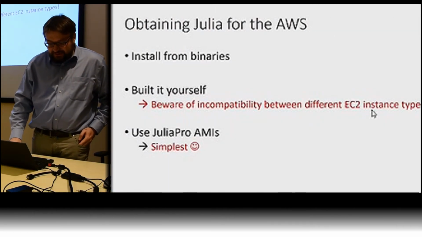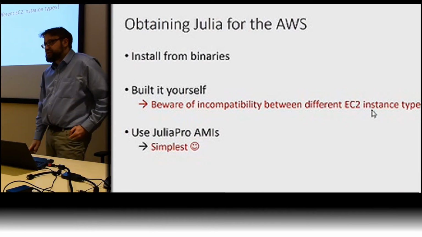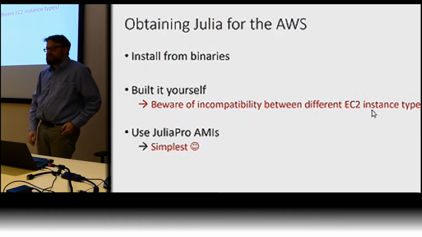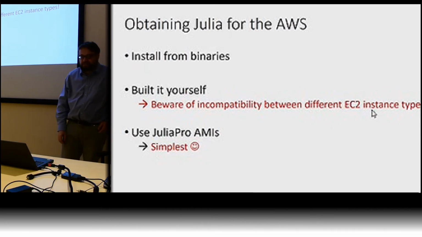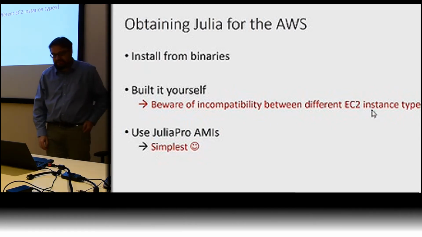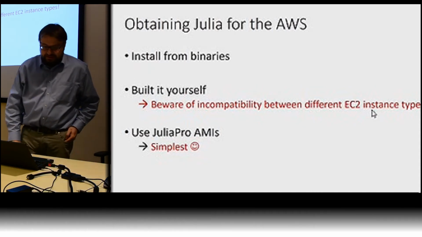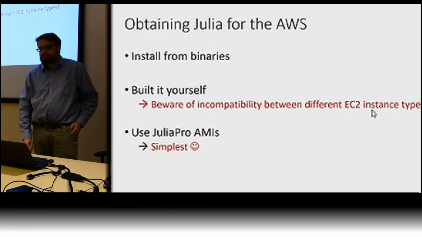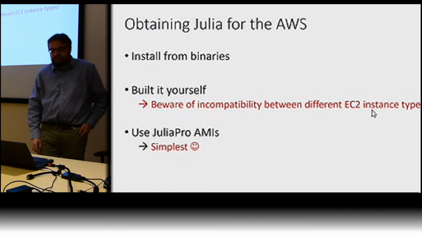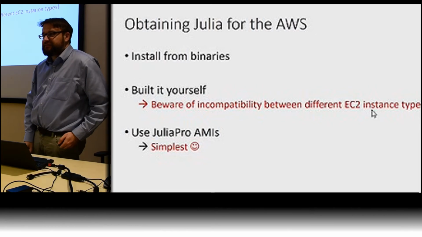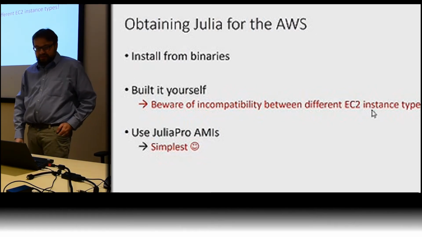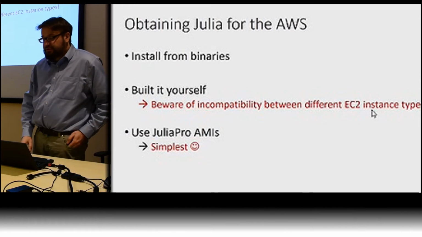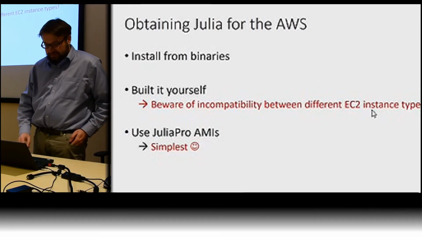Okay, so the first thing is about obtaining Julia for AWS. And we have basically 3 options on how to install Julia on an EC2 instance in the cloud. The first option is to install from binaries. There are binary releases of Julia and you can install it. You can build Julia yourself, so you can compile it on your own, or you can use Julia Pro AMIs, and this is probably the simplest